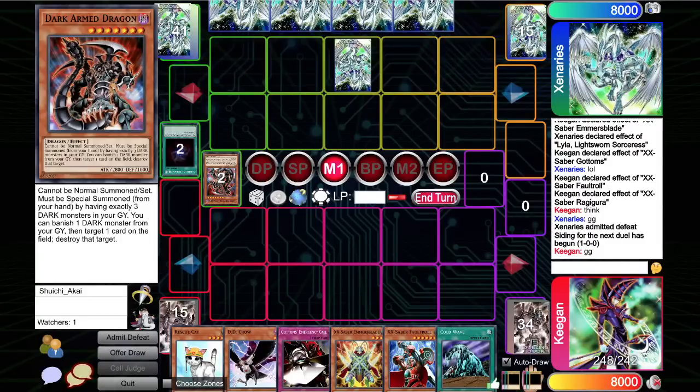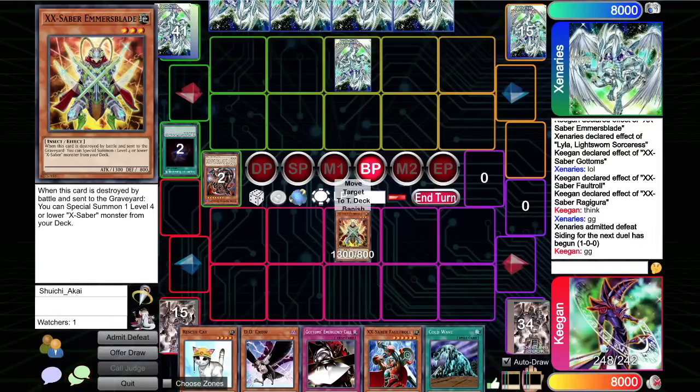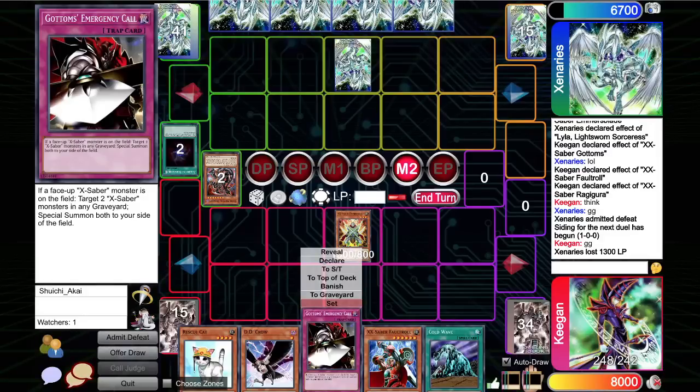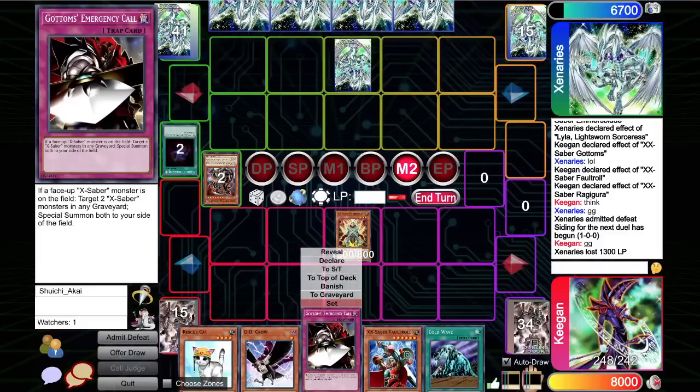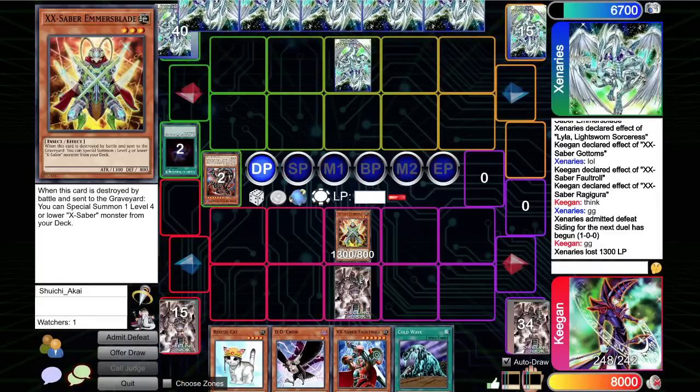Pretty greedy, no cap. I want to get greedy. I just want an Emmer's Blade attack. This is maximum greed. We don't need to set the e-call quite yet. We won't be able to set it next turn because of Cold Wave, though. Yeah, I think we do need to set it, actually. Okay. Cool. Cool. So now